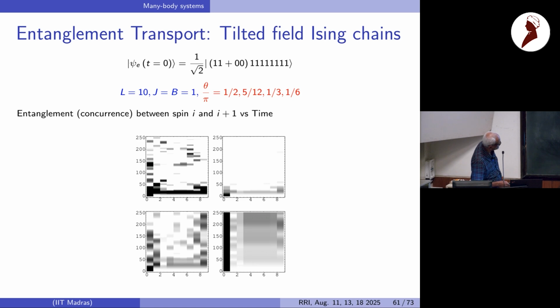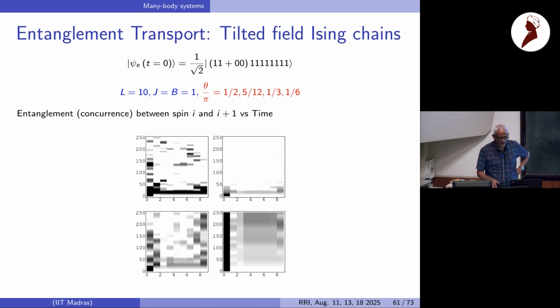If you have some kind of quasi-particle picture, what you will see is this entanglement. For example, you can do it for just the XX model. We have done this kind of thing. You will see a very nice picture where this entanglement is traveling to the right, reflecting, and then diffusing. So you can think about it as if there's a quasi-particle moving around in that situation. Whereas here you don't have that because of this.